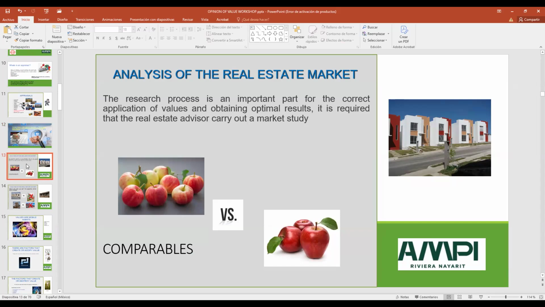But always remember, you have to compare apples with apples, not apples with bananas, not apples with coconuts. You have to compare some kind of apples with another kind of apples, because that way you're going to have a good, correct result.